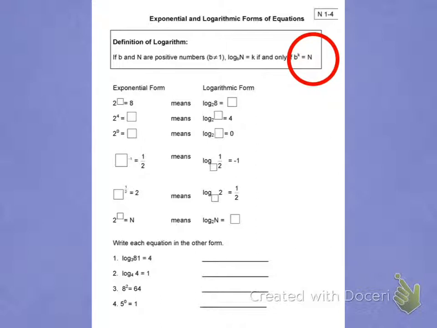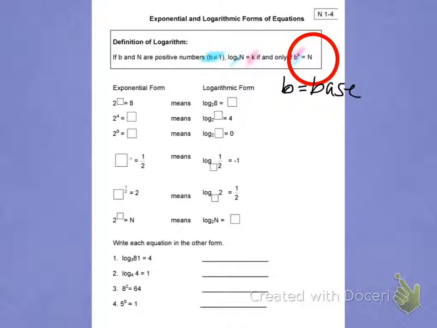Alright, so what I want you to know is that B here matches this little b down here in the log form, and b cannot be 1. Now, in this exponential form, b is going to be what I call the base. K right here